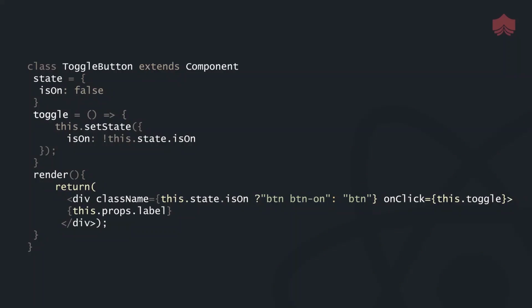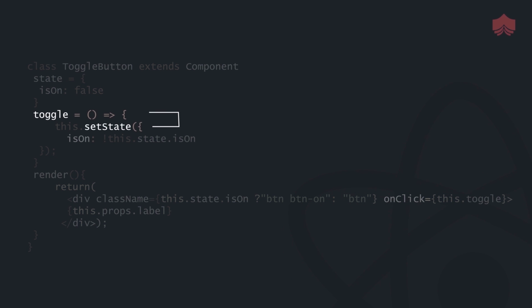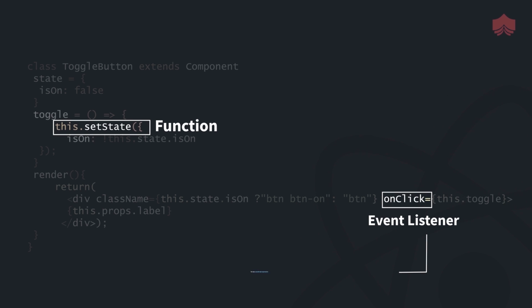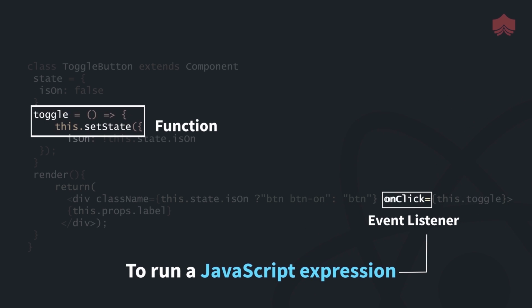State properties such as isOn in our example are reactive in nature. Whenever the property changes, React initiates a process to recompute the render method, and the component renders again to display the changes. But how do we manipulate this state? In this example, we've built a function called toggle, which uses the setState method to toggle the value of the isOn variable. It is important to note here that state should never be mutated directly and must always be updated using the setState function. To run this function, we are using the onClick event listener, which is set to run a JavaScript expression, the toggle function in this case.